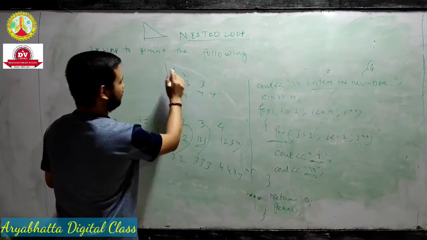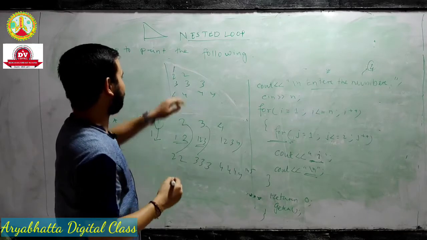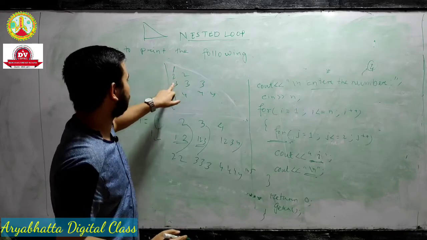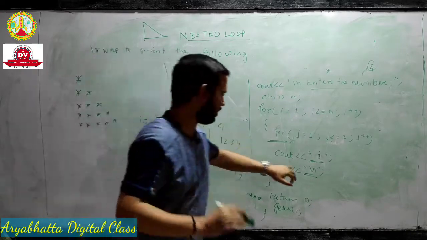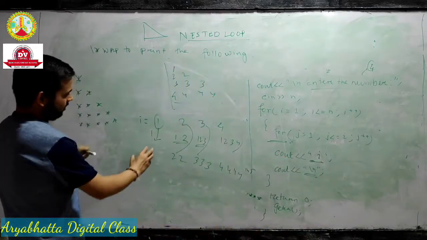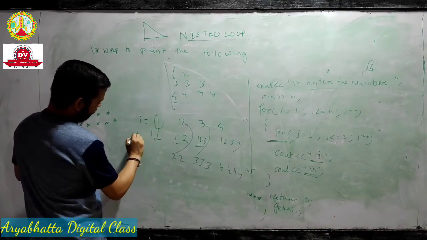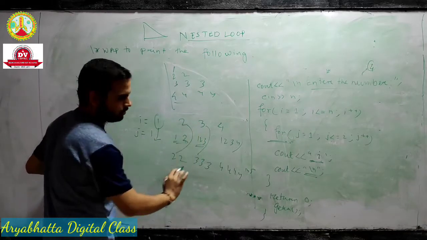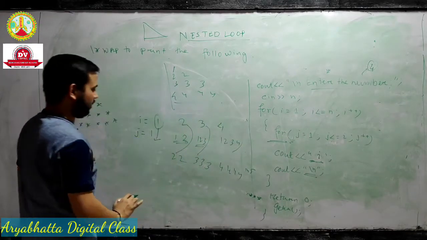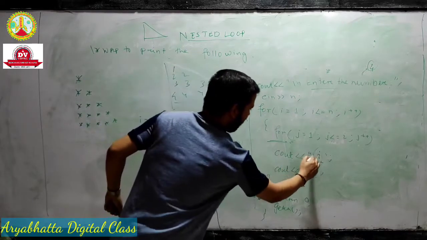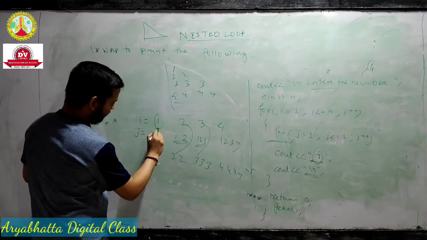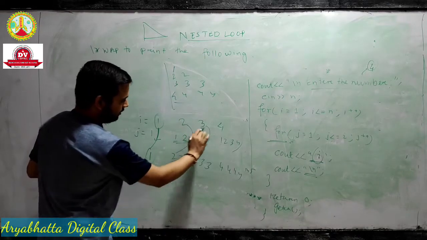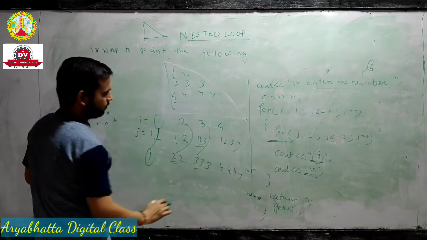Okay. If your exam question is not in star format, and it comes as 1, 2, 2, 3, 3, 3, 4, 4, 4, 4, then you take this as I. Why I? When I is equal to 1, J is equal to 1. I is equal to 2, J is equal to 1, 2. I is equal to 3, J is equal to 1, 2, 3. I is equal to 4, J is equal to 1, 2, 3, 4. And in printing, you print I: 1 time your I value will come, here 2 times your I value will come, and 3 times your I value will come.